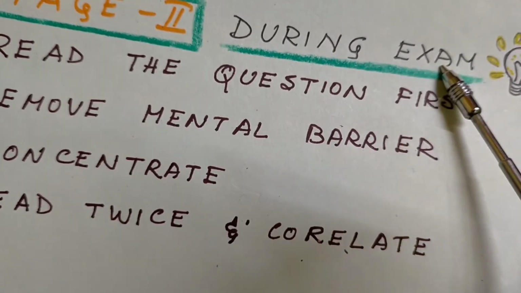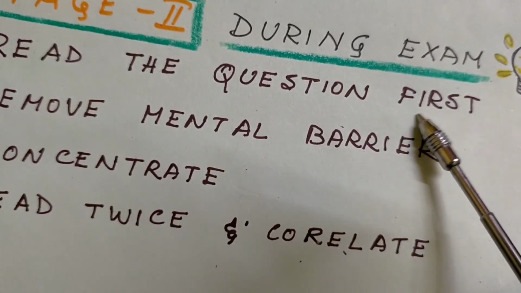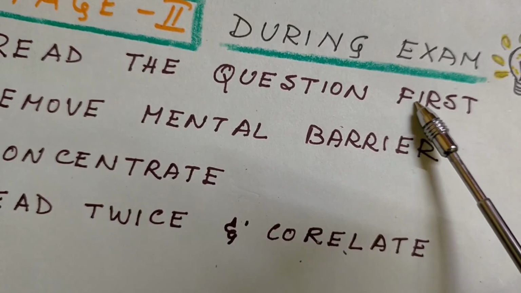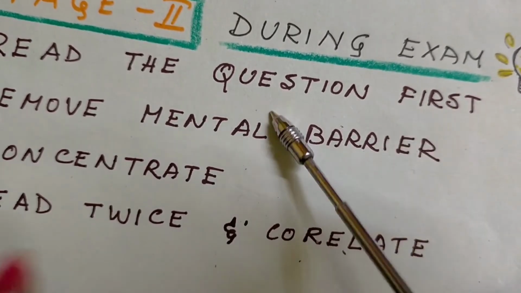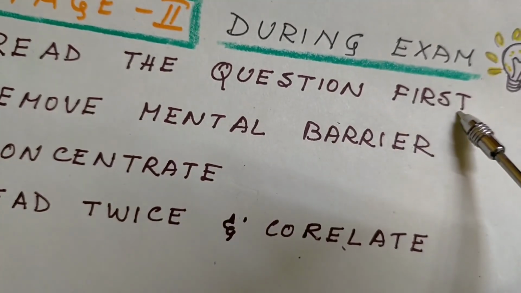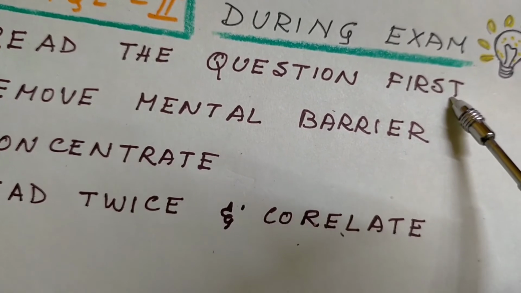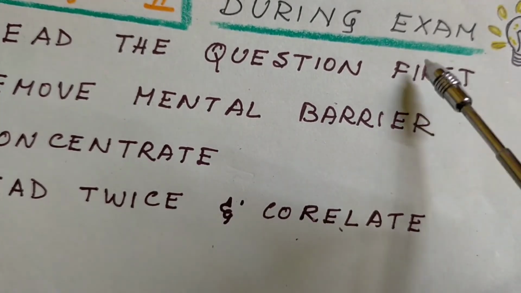So during the exam, and also when you are practicing, do not read the whole case first. That is not your question. Your question is at the end. One question or two questions may be there at the end according to marks. So you read the question first. Read that question. It will give you a mental understanding that okay, I have to find this out from the case. After that, you read the case.